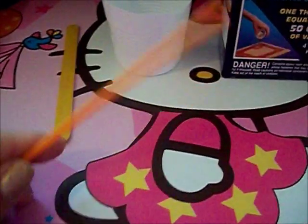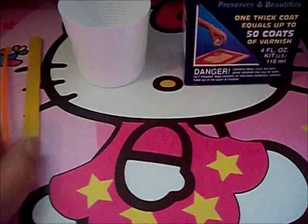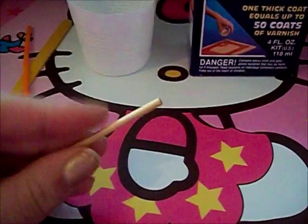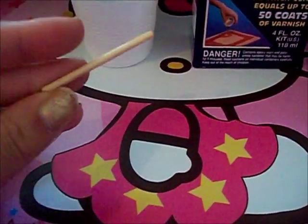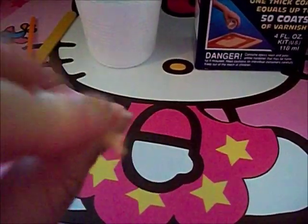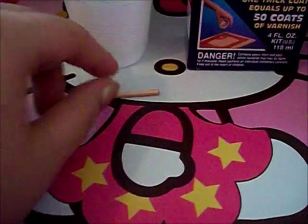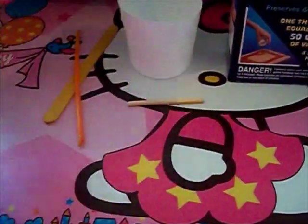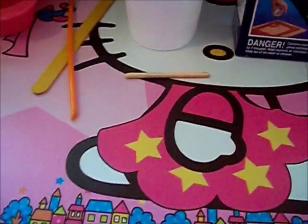A straw to blow the air bubbles out of your resin. And something to stick a sticker in with. This is just a toothpick with the ends cut off, so I prefer it like that. You'll need a mould. I'm just using a normal round mould. And to decorate you will need